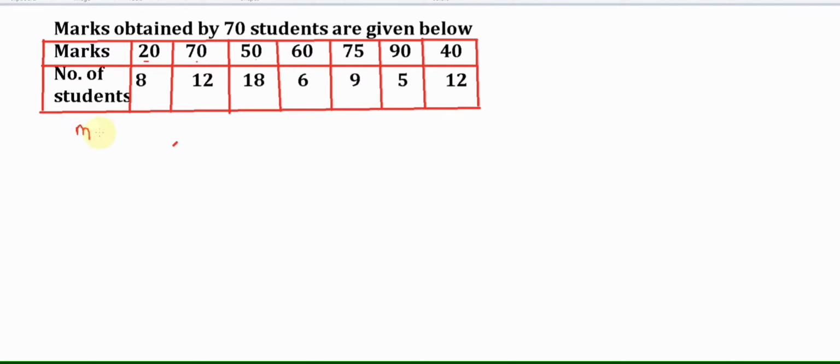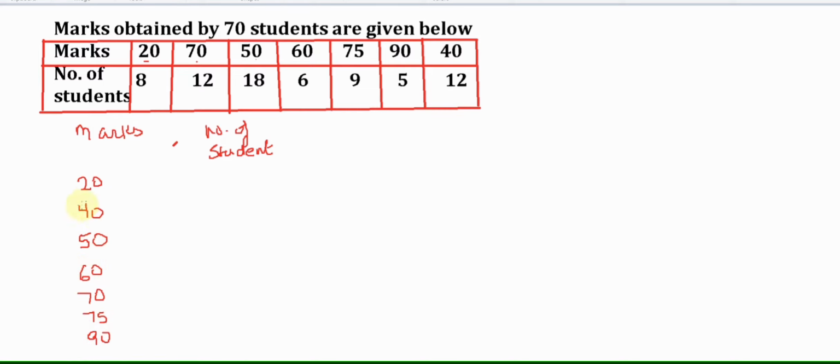Here I am writing marks and here number of students. Marks I will write in order. So first 20 will come, then 40, then 50, then 60, then 70, 75 and 90.